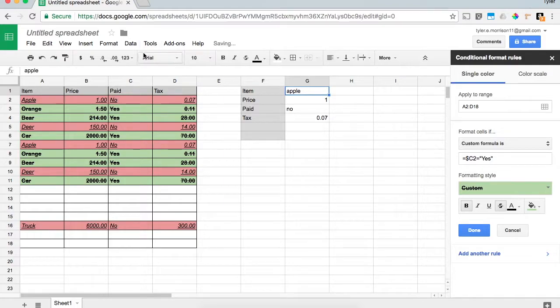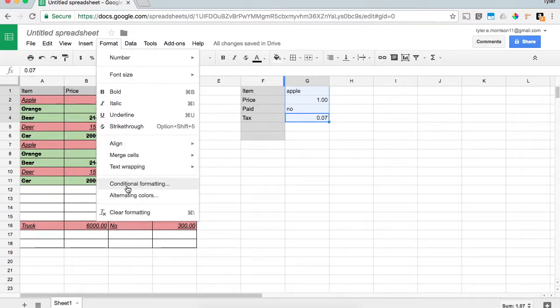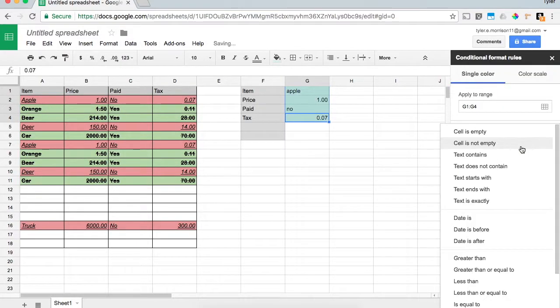So now you can see we got basically the same exact thing here, except it's just lined up differently. Our different columns are now turned into rows, and our rows are now turned into columns. So if you were to run the same exact thing over here, you would go ahead and select this area, and then hit conditional formatting, and then we would go to the same